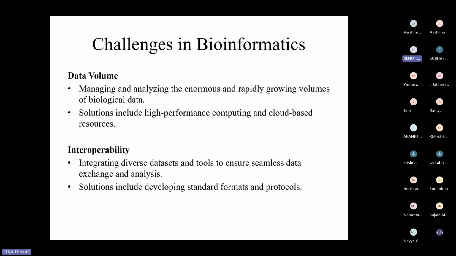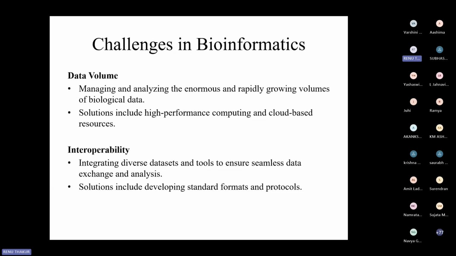So ultimately, it is going to be computational outputs, right? Computational outputs will sometimes end up in errors. So the solution for this may be developing standard formats and protocols. The thing is, if a person works in a framework or a workflow, for example, someone analyzing NGS data, or, for your ease, if you are working in molecular docking simulation, where you keep a protein and you keep a ligand,